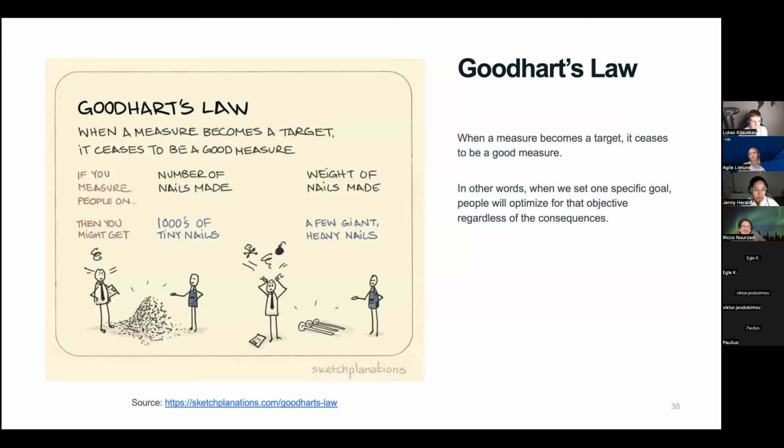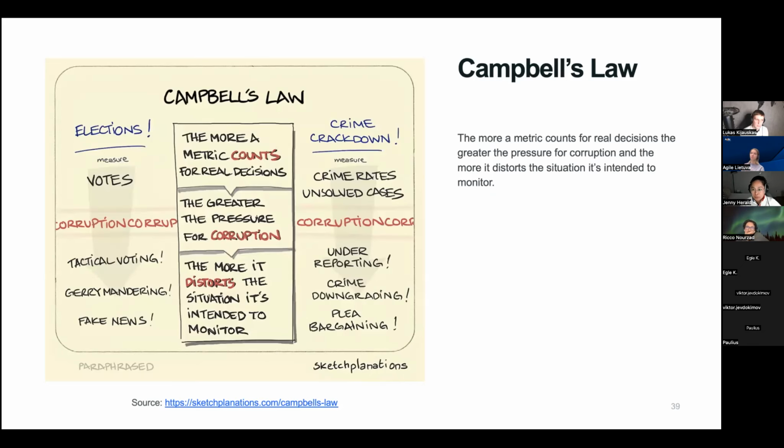If you tell people you're going to be measured on the number of nails made, they're going to make thousands of tiny nails. If it's based on weight, they're going to create a bunch of giant, heavy nails. In the same way, this actually is proven out in, let's say, customer call centers, where you might have customer agents that are being measured on the number of calls that they take and resolve. What they'll do is potentially not completely resolve that problem, so that that customer will have to come back again, because they're being measured on the number of calls that they take. Not great.